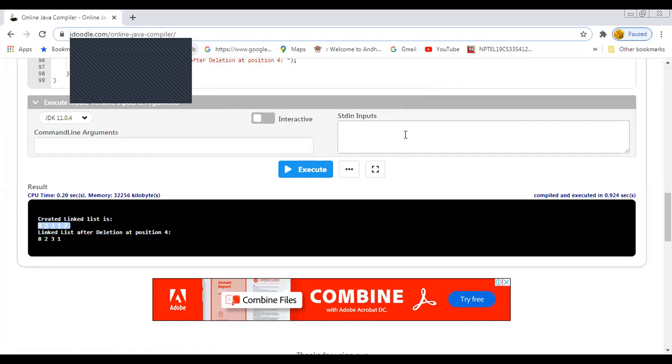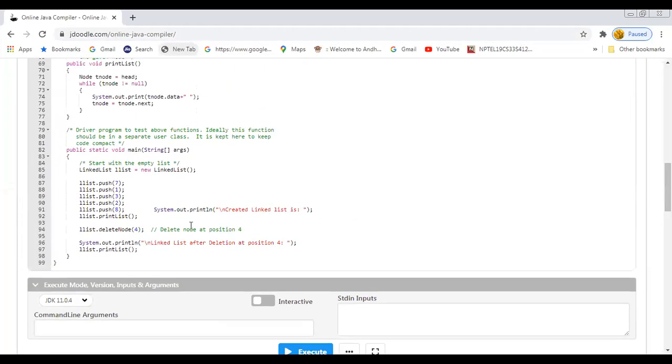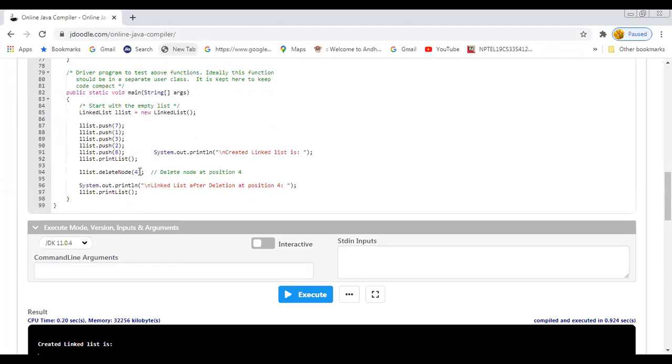And now how to delete that element, right? In our case, here I have given the position as 4. That means I want to delete the element which is at position 4. Here the list contains 5 elements.